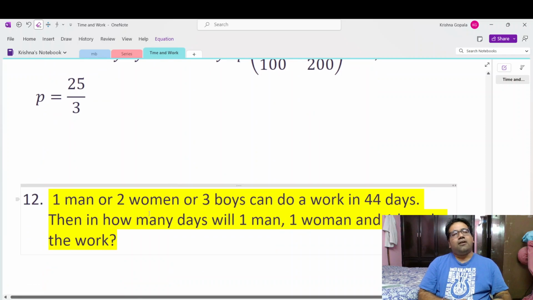One man or two women or three boys can do a work in 44 days. One man is equal to two women is equal to three boys. Right? One man is doing it in 44 days. What does that mean? Two women are able to do in 44 days what one man does. That means each woman is able to do it in 88 days. Right? 2 into 44. And one man is equal to three boys. That means three boys would be able to do, one boy would be able to do in,